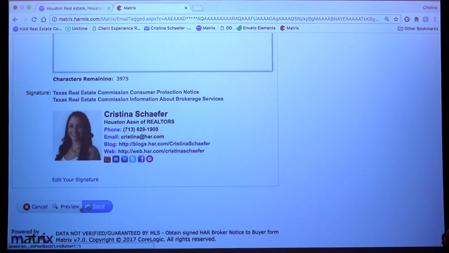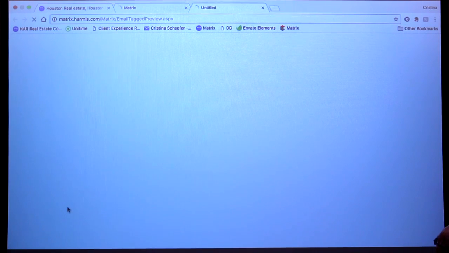Instead of hitting send really quick, I'm going to hit preview, just so you can see what it's actually going to send them. It is a link to view those 4 listings that I'm attempting to email to him in what looks very much like the client portal. Okay, so they're going to see, once this opens,